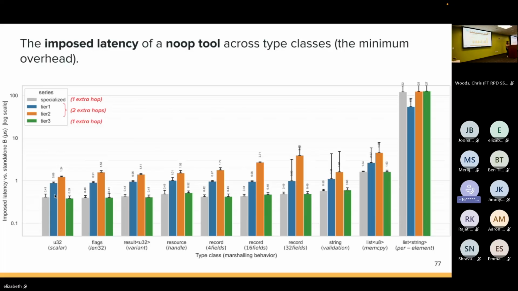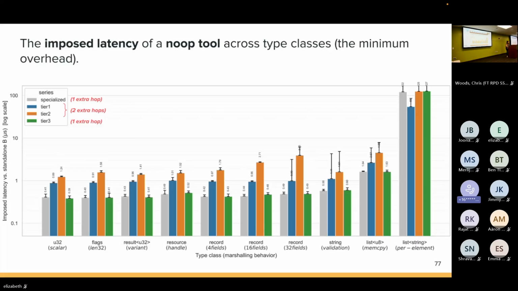And then you can see that the overhead of crossing the component boundary one extra time gives you some overhead with tier 1, and then listing the arguments and the results across the boundary also gives you some overhead as well. But there's an interesting result down here where not having to lift this expensive list of string across the component boundary an extra time, because it doesn't have any data access, actually winds up being faster for tier 1. So the expensive types to lift across component boundaries are going to be more